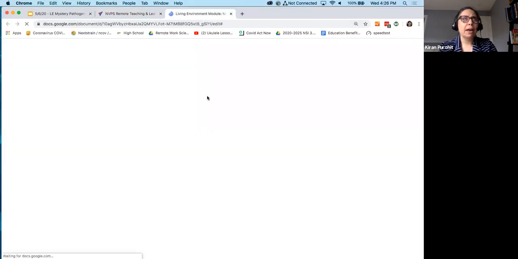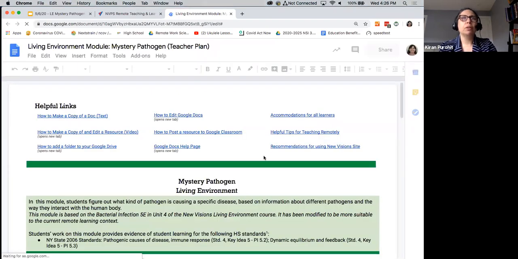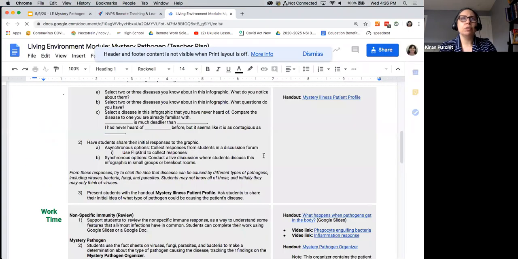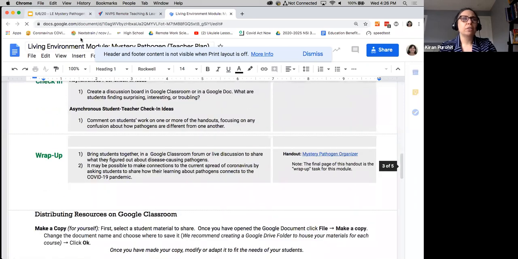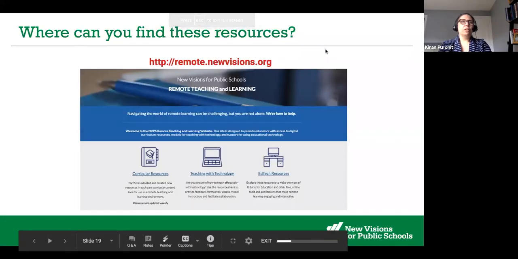So this Mystery Pathogen resource is the one that we're going to be looking at today. So if you want to open it up and follow along, you can do that, but I'm going to go back to presenting my slides so that I can fly back out to the 50,000-foot view that I am guiding you through. So in this resource,